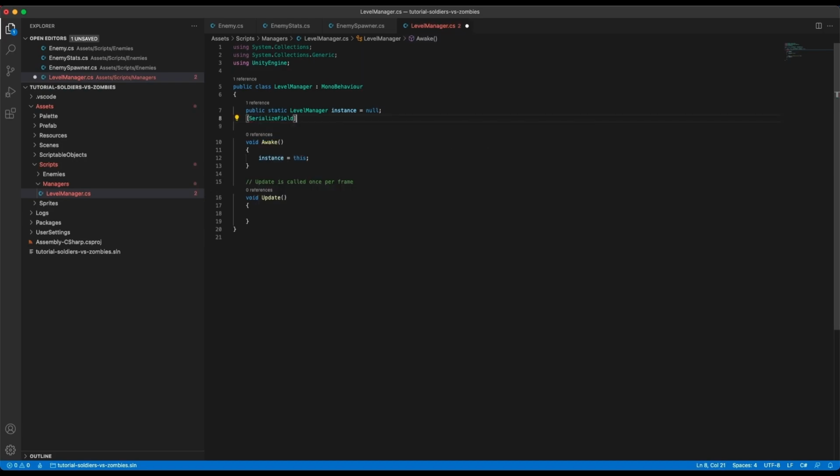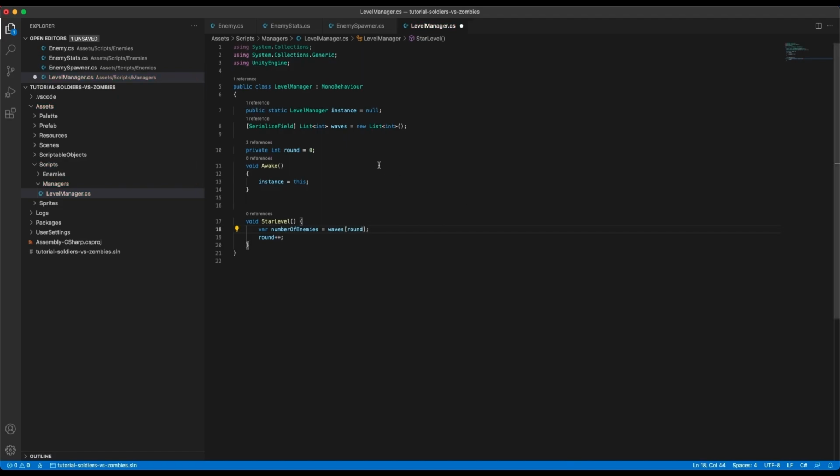Let's create a list of ints to control the number of enemies that should be spawned in a level. Each index of this list corresponds to a level. The LevelManager will be responsible for starting the levels. So let's create the StartLevel method and a variable called round to store the number of the current round, and it will be incremented in the StartLevel method. Let's pick the number of enemies in the waves list using the round as an index and store it in